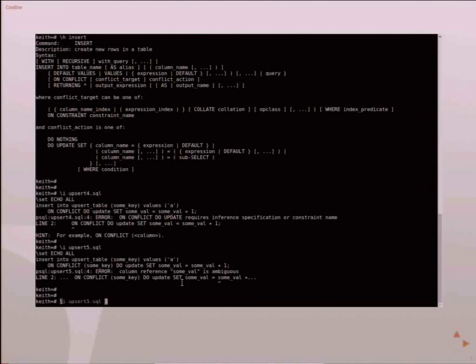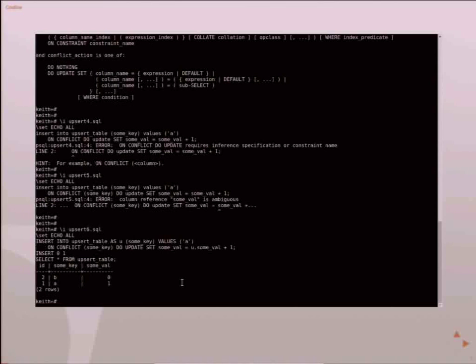So to actually get the update done, there you go. On conflict for the sum key column, which is the primary key we were having the error on before, what we want it to actually do is update the sum value column and just add 1 to it. As you can see, I aliased the upsert table to U there and use the U value right there. And now it put the 1 there.